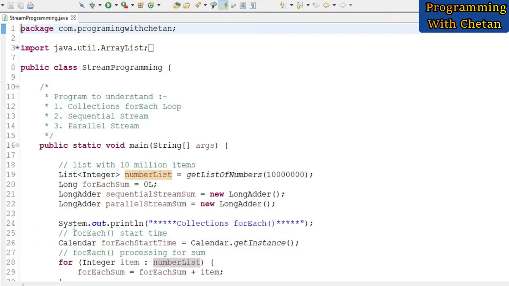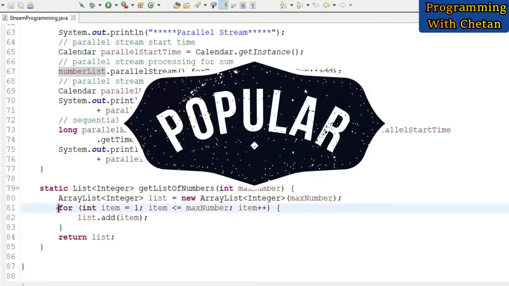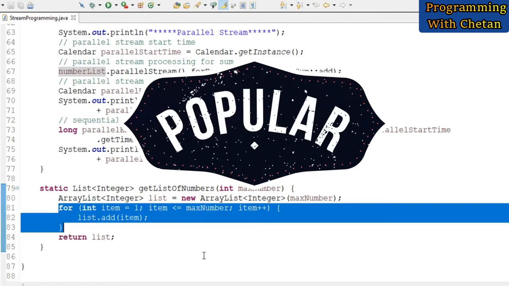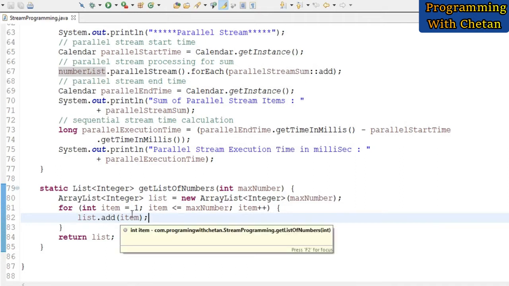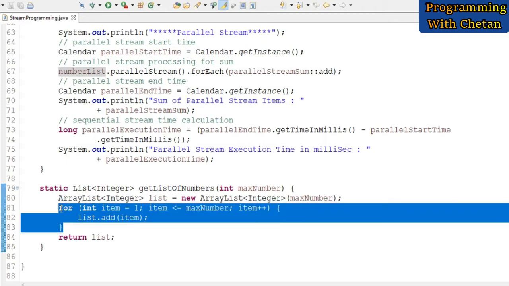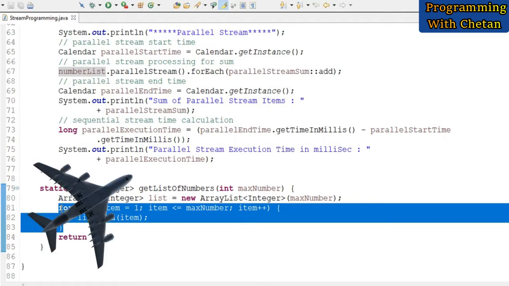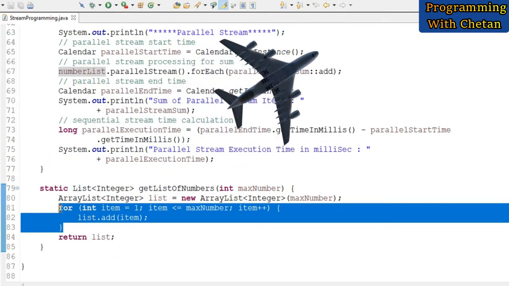So friends, if you are a programmer, then you must have used something known as a for loop, right? A simple for loop is one method by which we can iterate through a list of objects. But when it comes to performance, we don't use this method nowadays. If we are not using a for loop, what are the other options available to us?